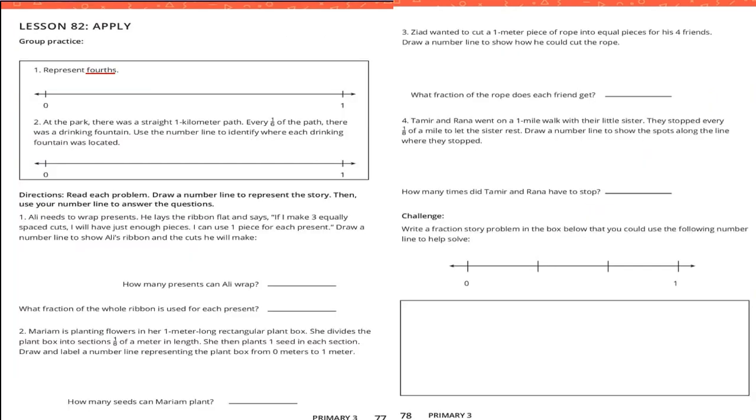Let's start the reply part. Group practice. Our practice here. Number one, represent fourths on the number line. Fourths, it means what? How many equal parts? Yes, four equal parts. So we want to split this number line into four equal parts by making how many